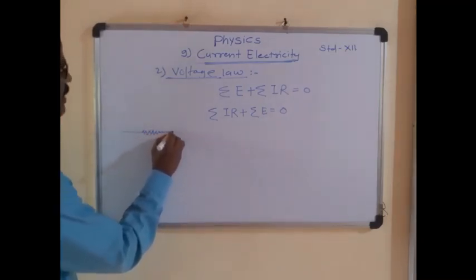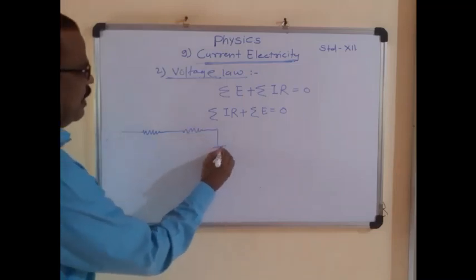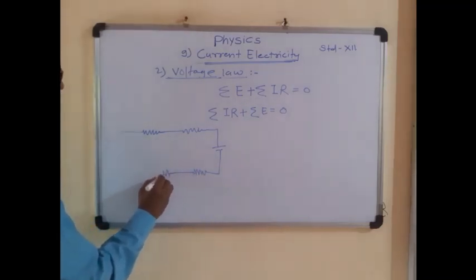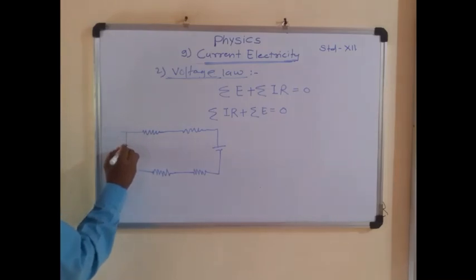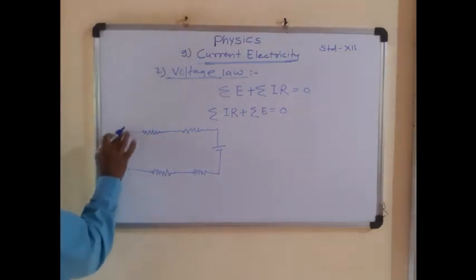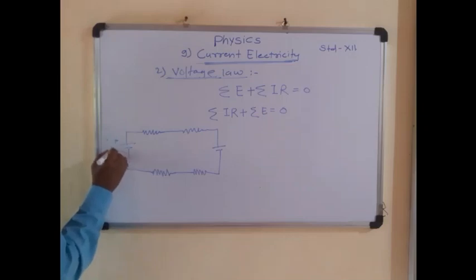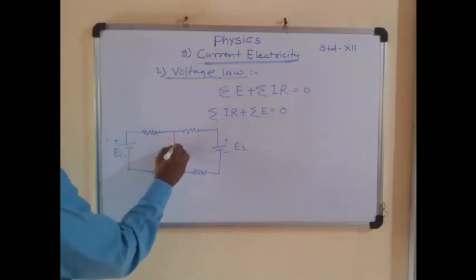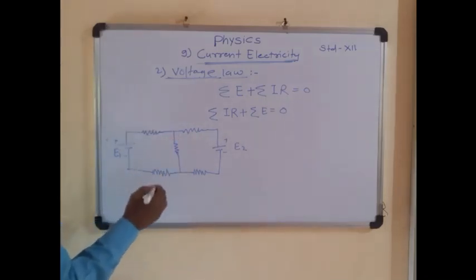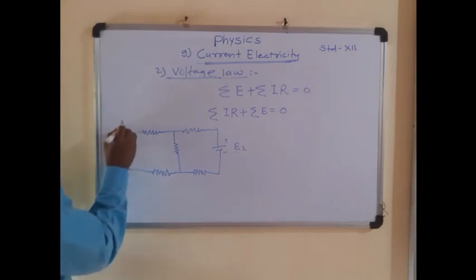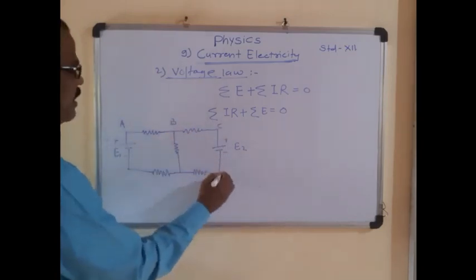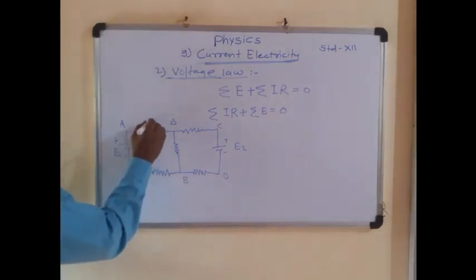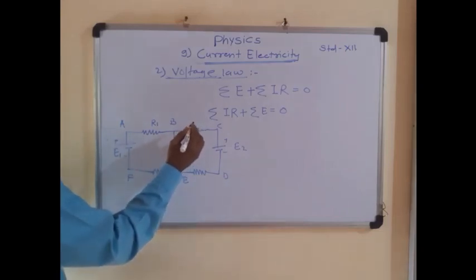First resistance, second resistance, electromotive force, next resistance, and electromotive force. Positive, negative electromotive force is equal to E1, electromotive force E2, and we also connect the resistance here. Label the diagram A, B, C, D, E, F and A. This resistance is equal to R1, this resistance R2,